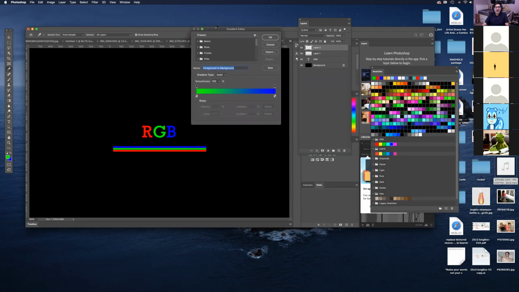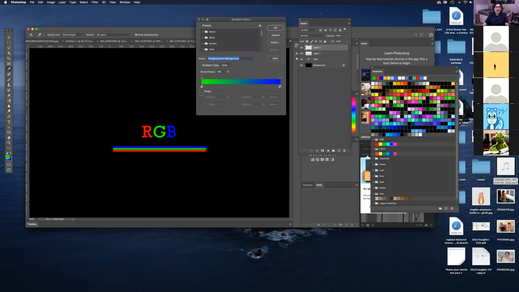And the gradient is going to go between green and, let's make this end